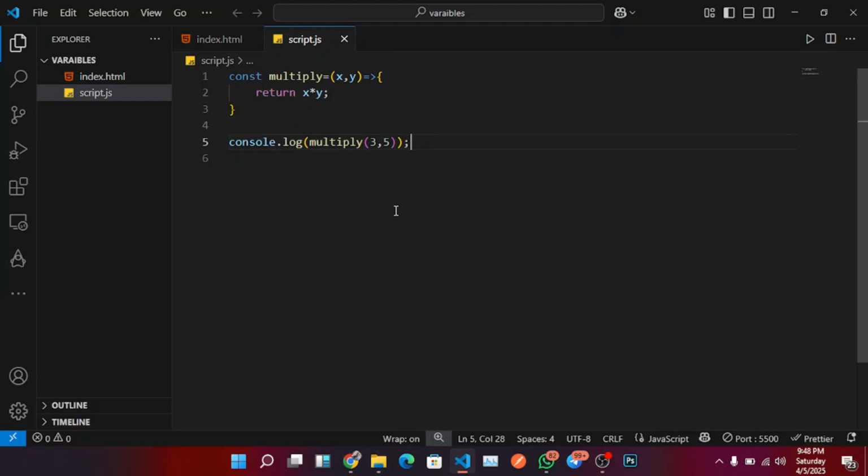We shall be looking at scope, and you can take it up as your challenge. You can write a function that checks if a number is positive, negative, or 0, just to test yourself. But this is the basic syntax and how we write functions and how we shall be using